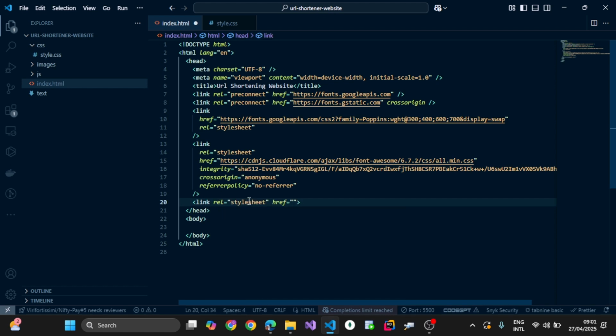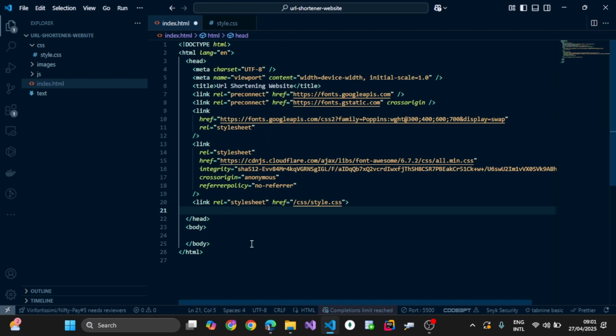So rel stylesheet. Then the href is the location in our project where our CSS file is. So it's inside our CSS folder, and we reference style.css. Don't forget to do this. It's very important. Without this reference, you can't style any elements inside of the HTML